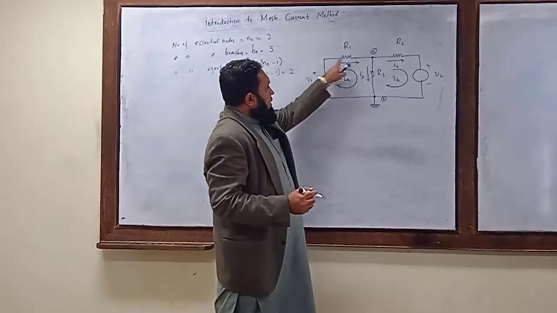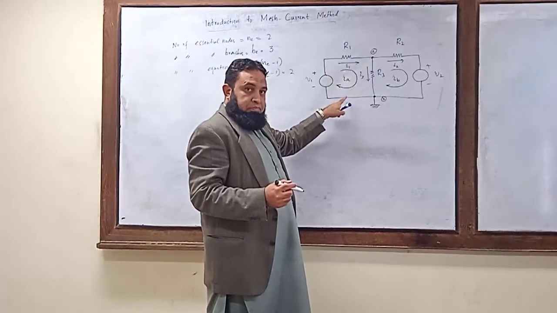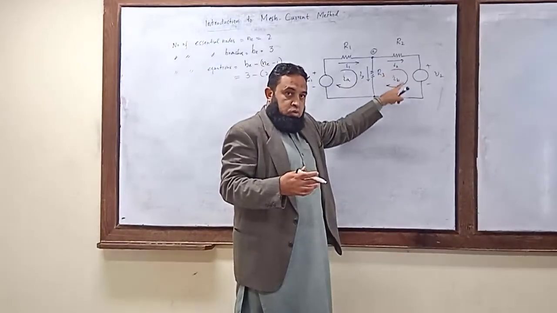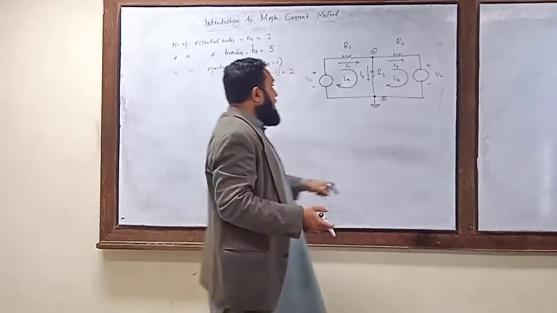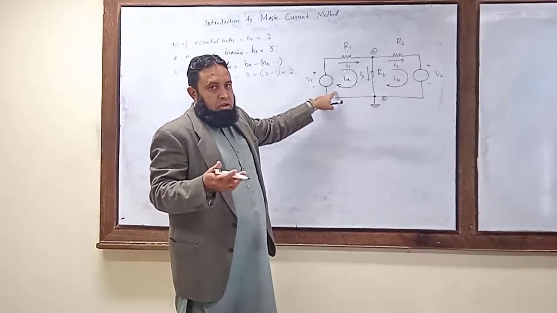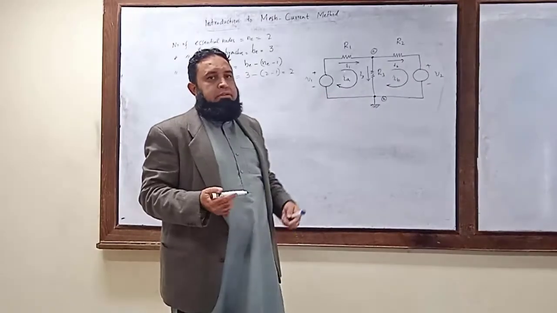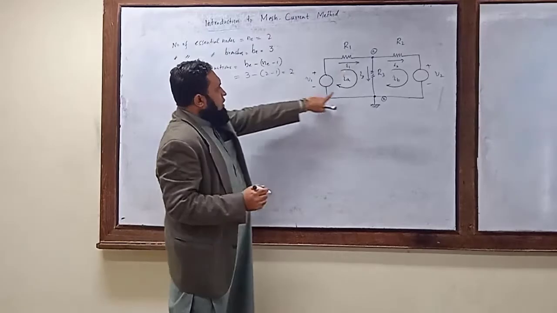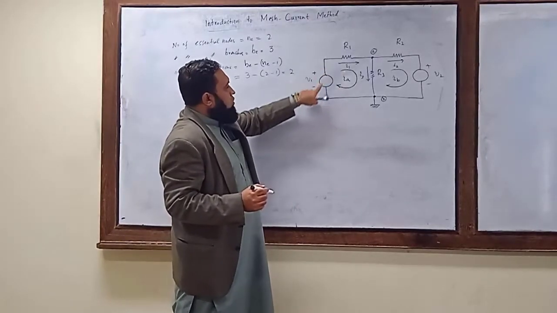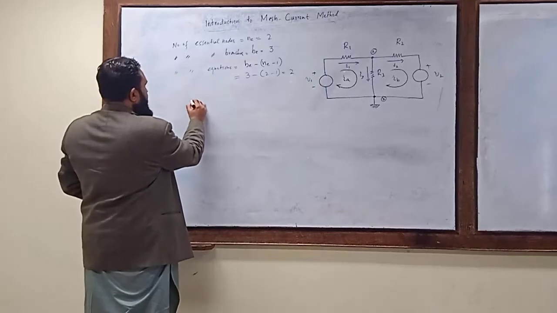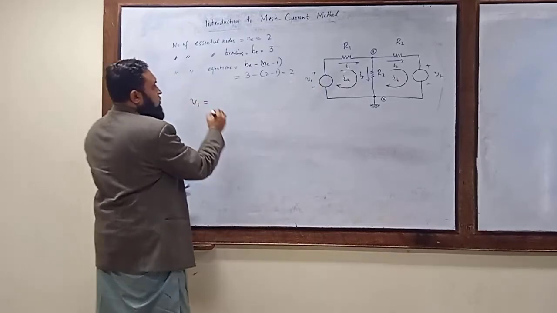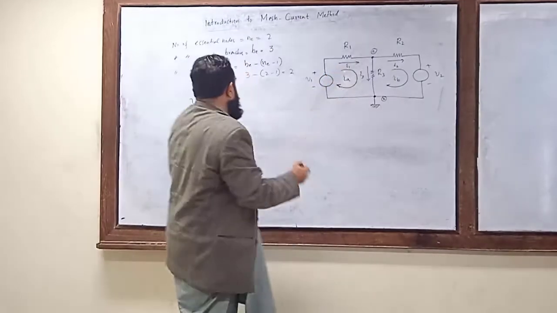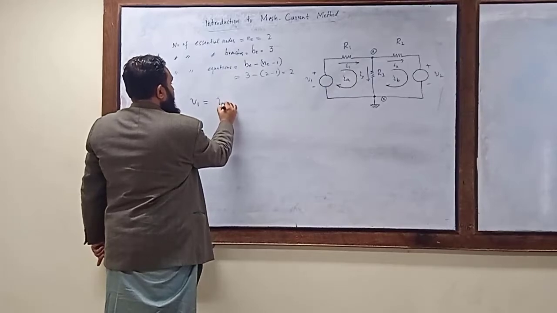So apply KVL to this loop, having IA as the mesh current, and then to loop number 2, having IB as the mesh current. First, applying KVL, you remember that KVL says the sum of the voltage drops is equal to the sum of the voltage rises. Here, when this current is flowing through the source, the voltage will rise. So the voltage rise V1 is equal to, when the current IA flows through this resistance, the voltage drop, which we can write as IA